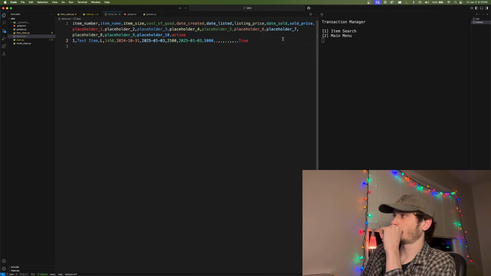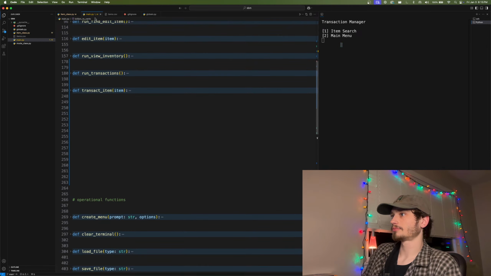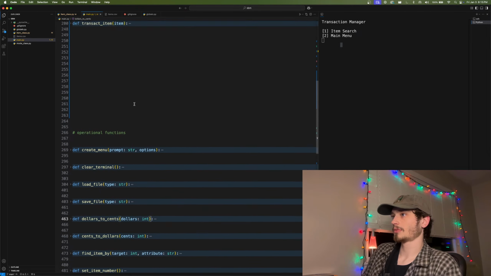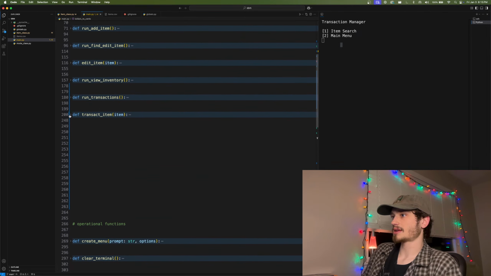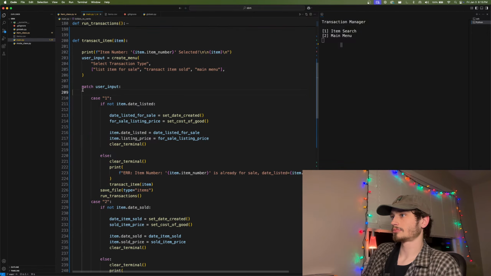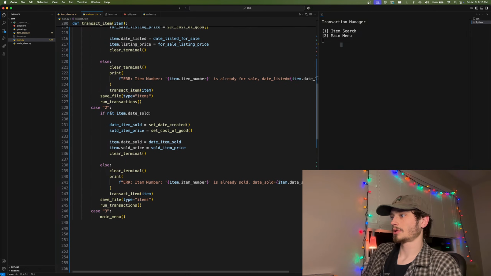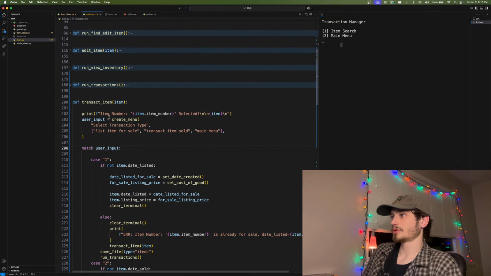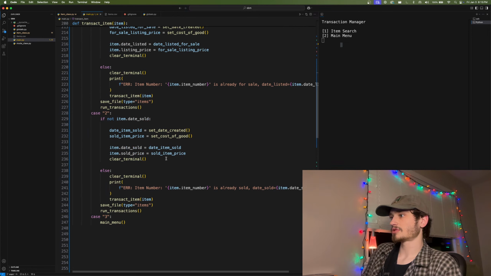Perfect. With an active status of true. So now if we go to transact item, this is transact item for sale, transact item sold, main menu. If we transact item sold,